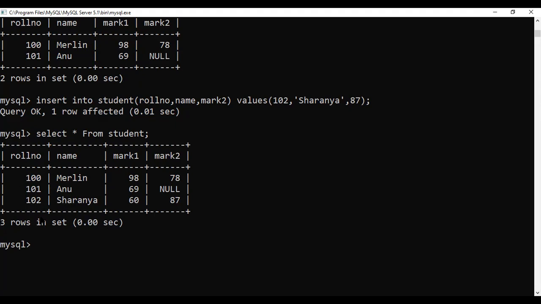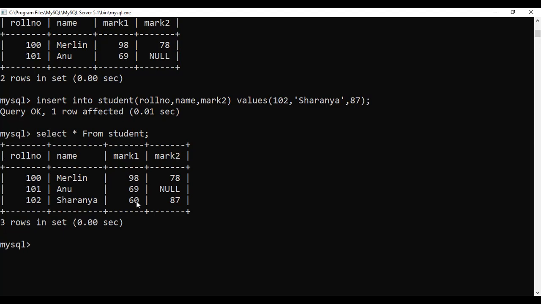Candidate key means all the columns that are eligible for the post of primary key are called candidate keys. To be eligible for the post of primary key, it should be unique, meaning all the record values should be unique, no duplicates, and it should not have any null value. This column all are unique, isn't it? So this is a candidate key. Roll number is a candidate key. Name, no duplicate, so name is also a candidate key.